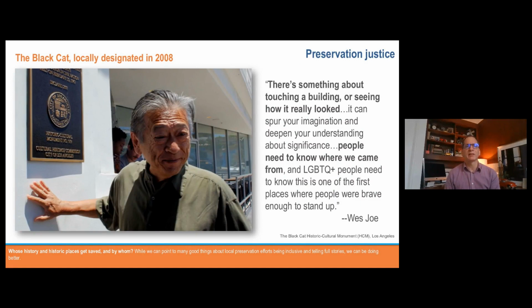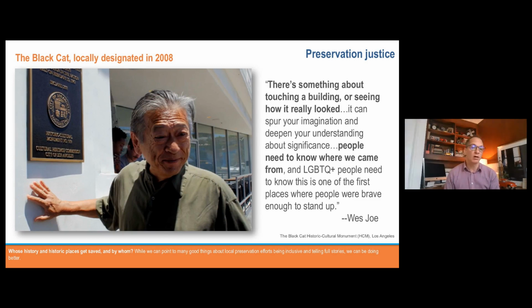I think West Joe here says it best in terms of a place. In this particular case, the Black Cat in Los Angeles, designated in 2008 for its LGBTQ history, where he says there's something about touching a building or seeing how it really looked, can spur your imagination, deepen your understanding about significance. People need to know where we came from. And this place is both about police brutality, harassment in 1966 and 67, but it's also about uprising of the LGBTQ community and being able to have a place in which you can understand that.